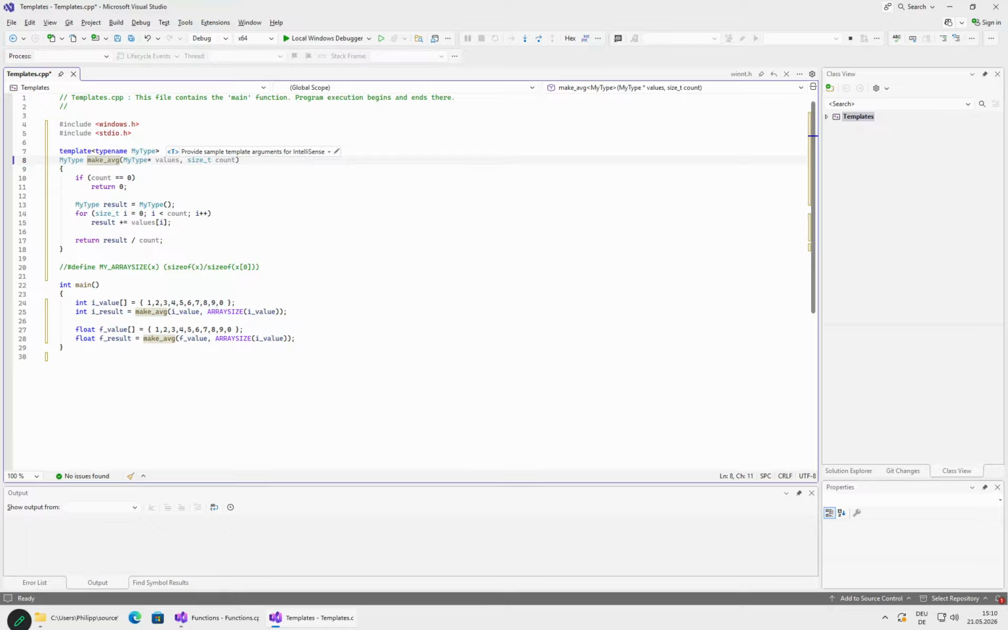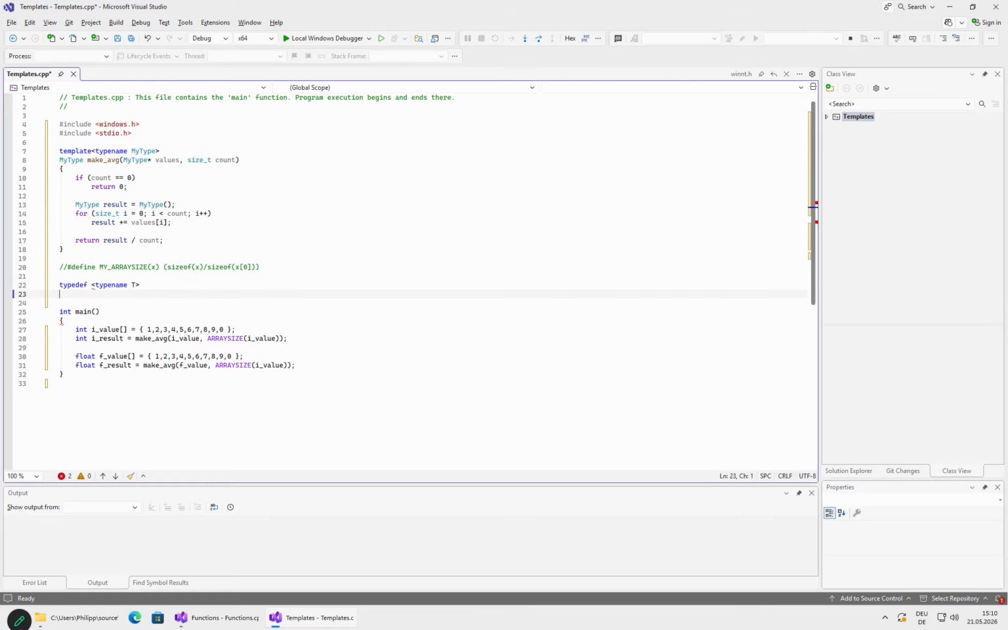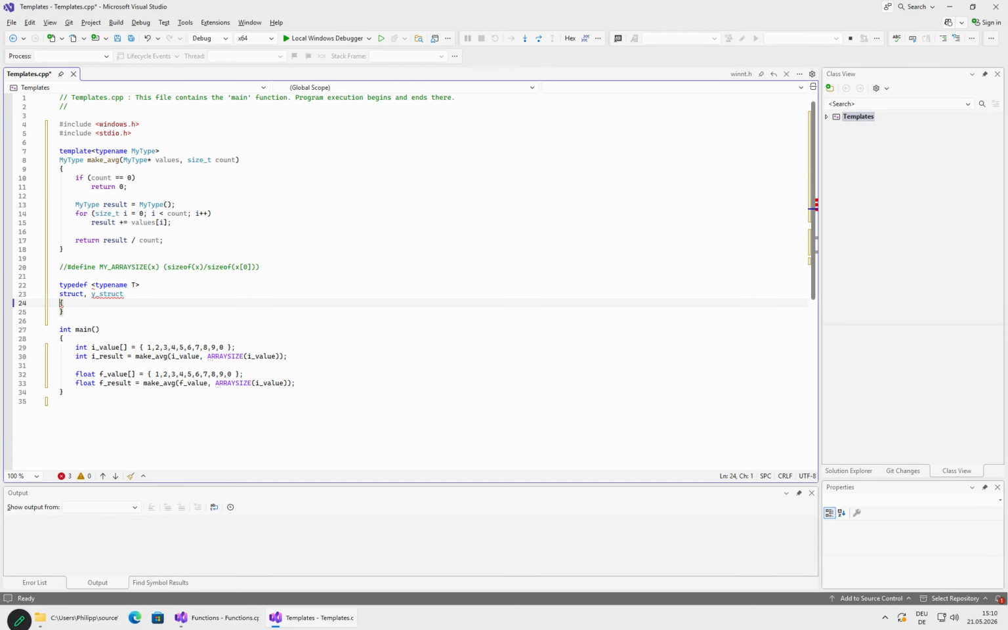And now the fun part begins: other uses of templates. Instead we can, for example, create a structure that is template based. So for example, typedef, typename T, struct, my struct, oops, supposed to be my struct,